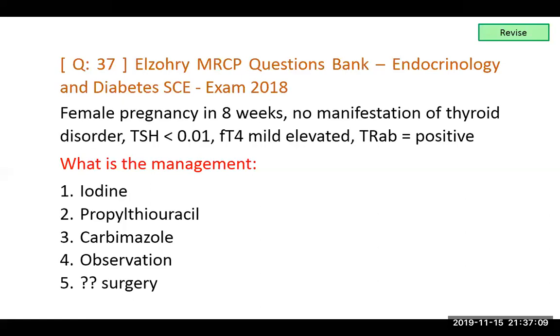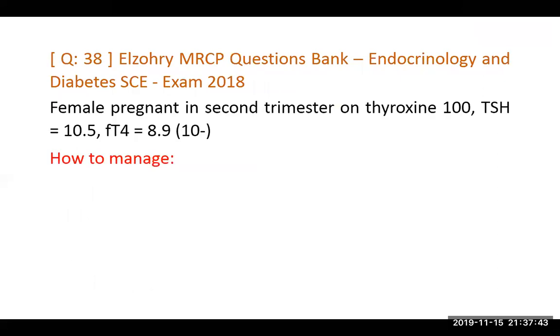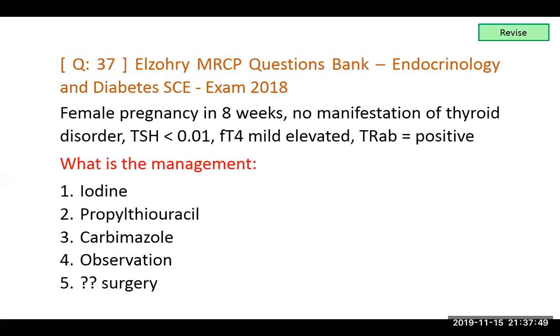Yes, of course, as recommended by the guidelines, for subclinical hyperthyroidism, is it grade 1 or grade 2? It is very important. Of course, it is sustained suppression of TSH with normal thyroid hormone. If the age is more than 65, we must treat, and even if the patient is less than 65 with cardiac disease, osteoporosis, or symptoms, we must treat. But subclinical hyperthyroidism needs no treatment during pregnancy. Okay, so observation is the answer. Yes, I am with observation in the previous case, not propylthiouracil.